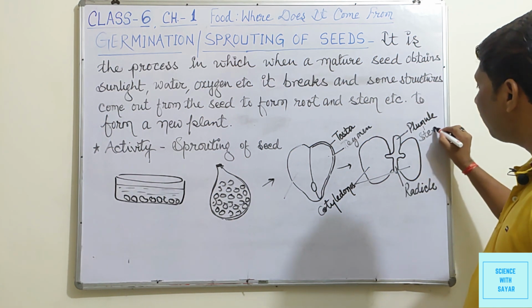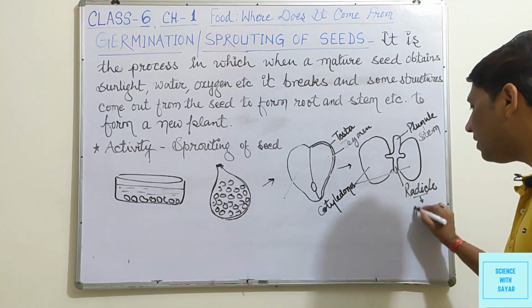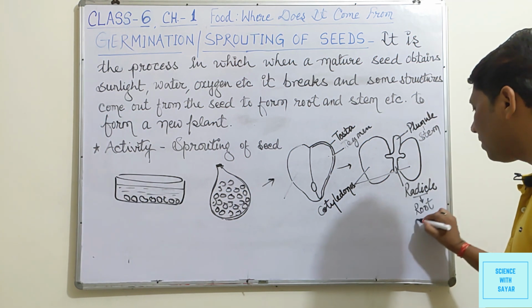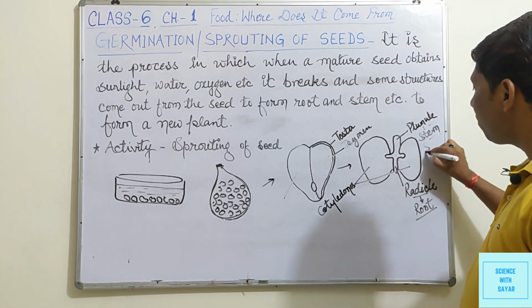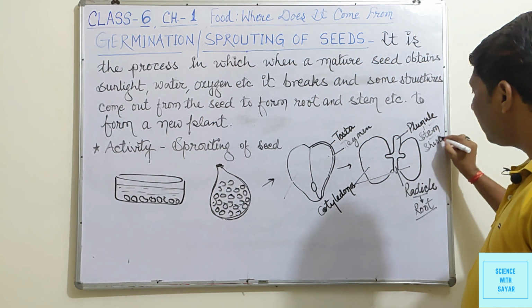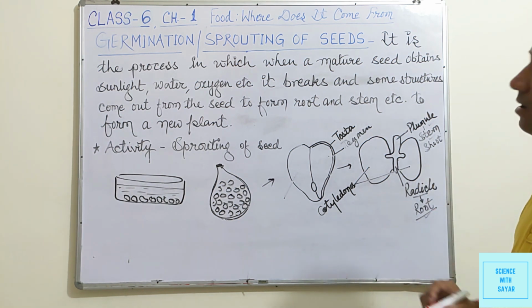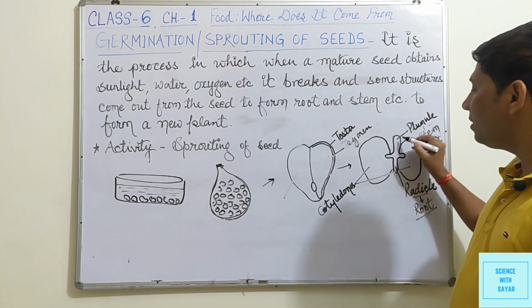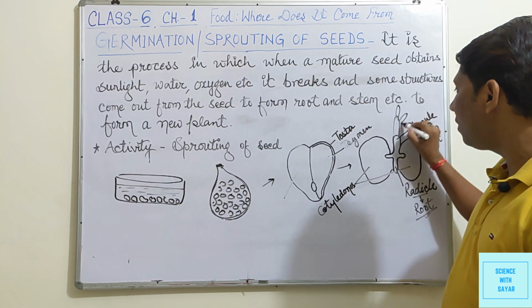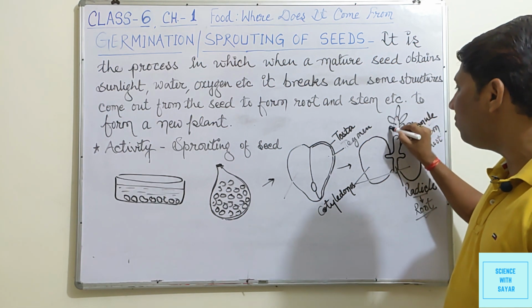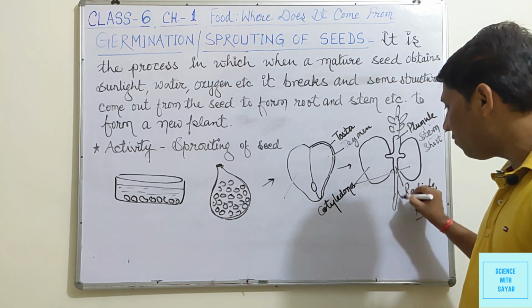stem, and this structure forms the root. It means this plumule forms the stem or shoot part, and this radicle part forms the root part. Now after that, these structures develop and form stem, leaves, etc., and these structures go to the soil and form